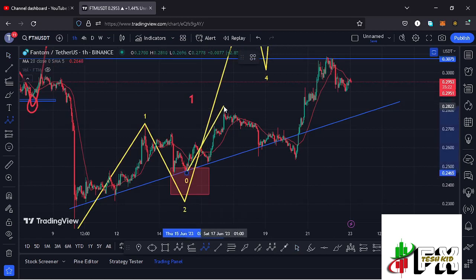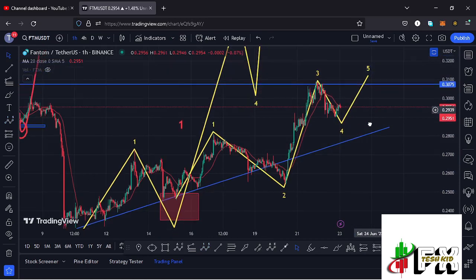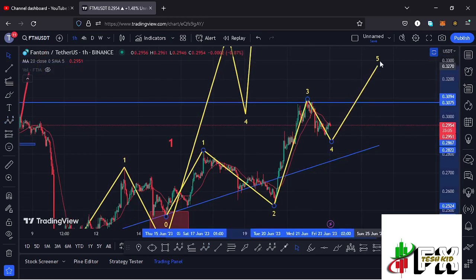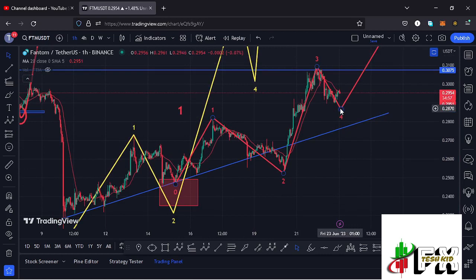So we have that as a wave 1, then we saw that as a wave 2, then this is the wave 3, and there are chances that whatever we are seeing at the moment is a bit of a pullback in the formation of that wave 4 before we can continue gearing up in the formation of that wave 5, fully maximizing our minimum target area at around the $0.34 mark, and giving you minimum target areas for this fourth